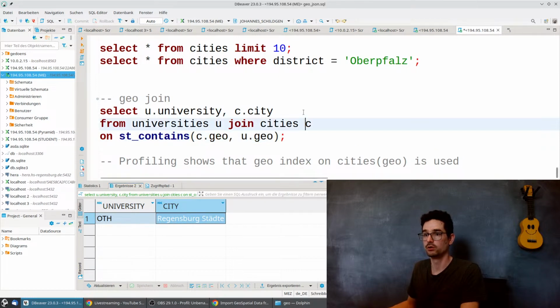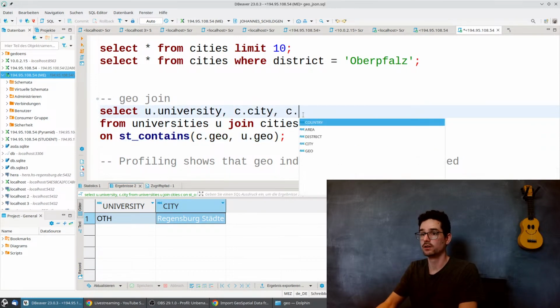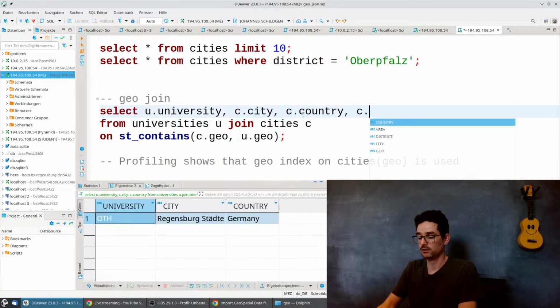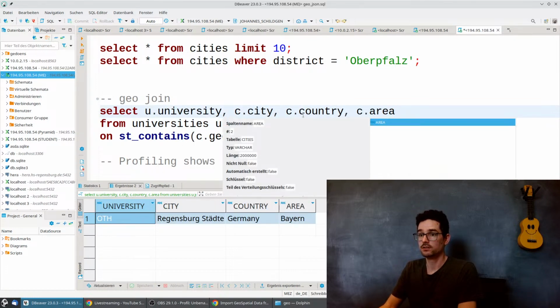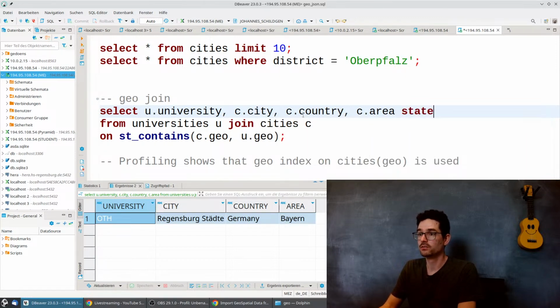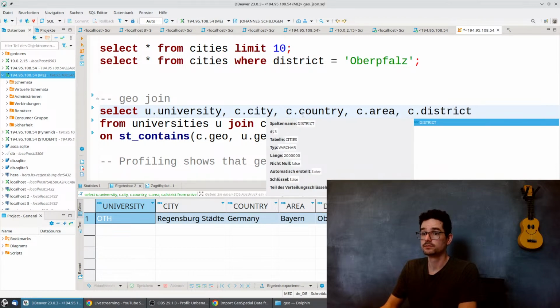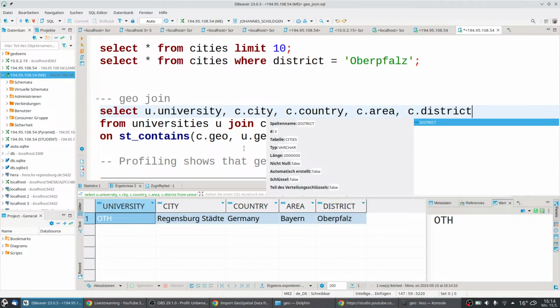And we can of course also say country, in which country is it, in which state is it. I did not call the column state because state is an SQL identifier and SQL keyword, and we had district here. That's it. That's how you can access